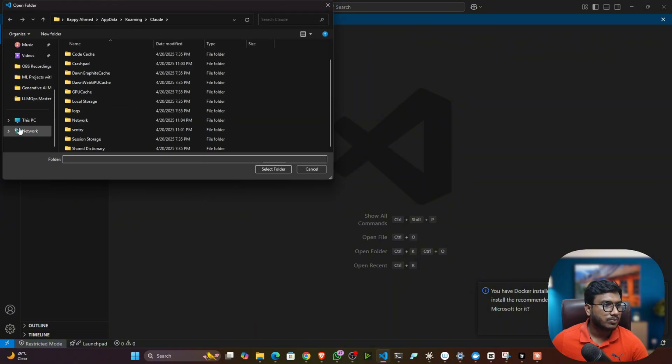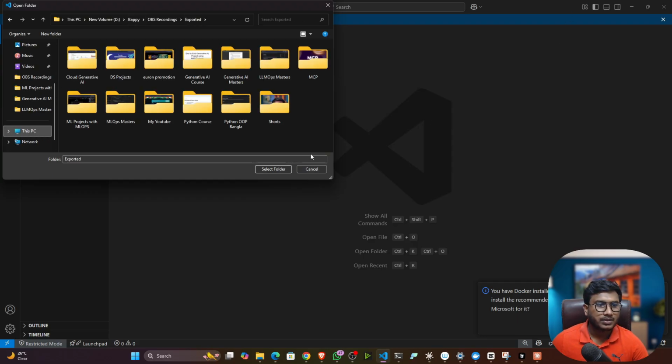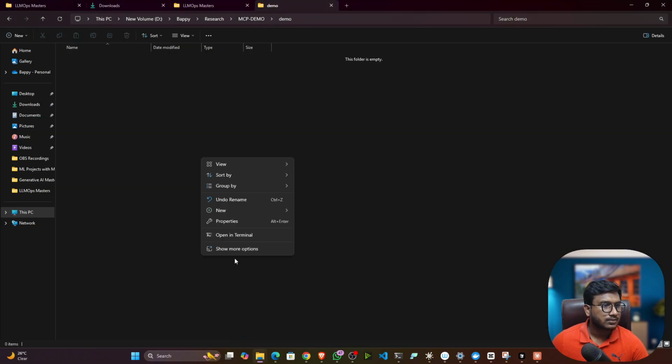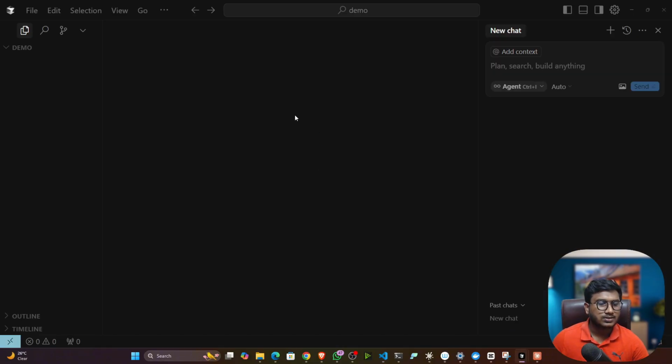For this I have to open a folder here first of all. Let me just open it here. I think that would be fine. Let's say I will open in the same directory only. Now you can see this is VS Code. The only change you can see in the Cursor IDE, on the right hand side, is that they have integrated